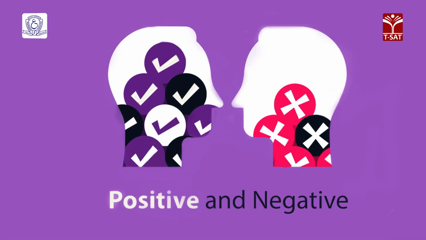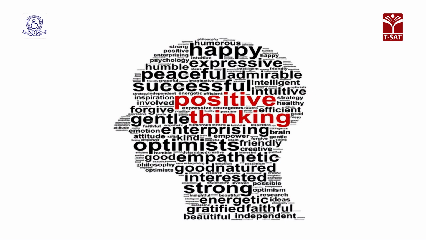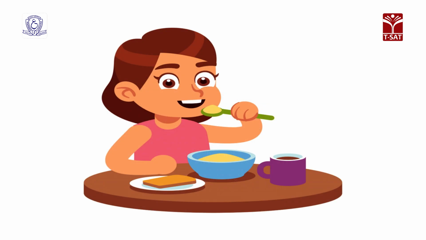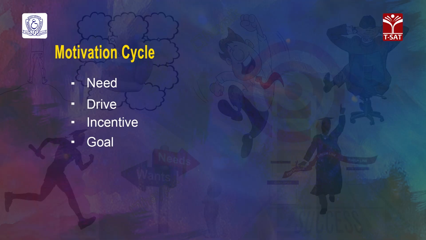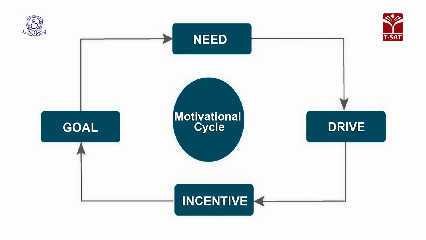Goal can be positive or negative. Positive goals are those that an organism tries to attain, like it can be food or it is achieving victory, etc. Similarly, negative goals are those that an organism tries to escape from or avoid, such as embarrassing situations, punishments, etc. So, these 4 steps continue on and on throughout the life course of an individual. Because the needs are never ending, it leads to drive, which then leads to incentive and the goal.